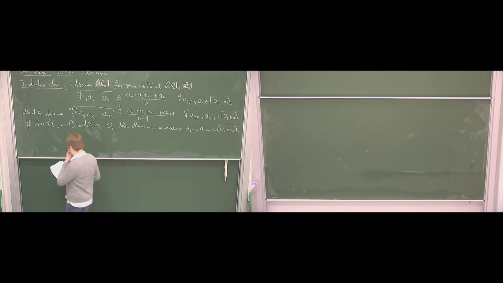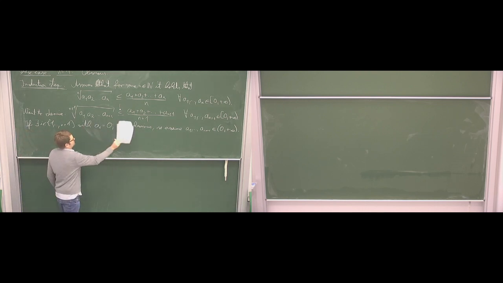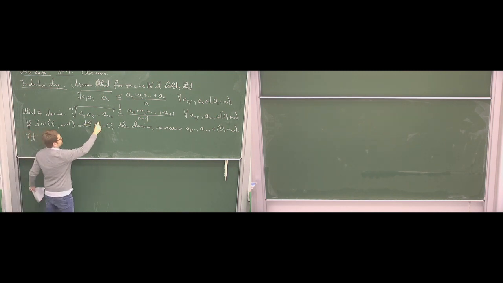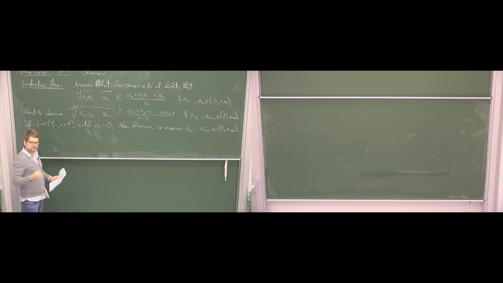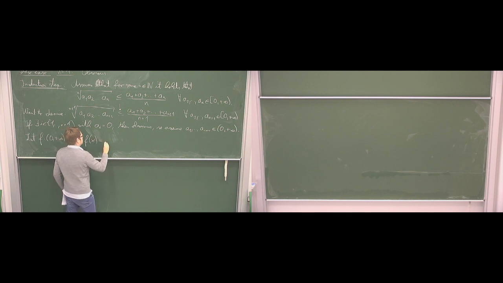Okay, now what does this have to do with derivatives? The idea is that we want to consider this expression as a function, and the variable is then the last of these numbers. So we introduce a function, and we consider just the difference of the two sides of the inequality. This is our function expression. So we consider the function f going from 0 to plus infinity to R, which just does f of x is